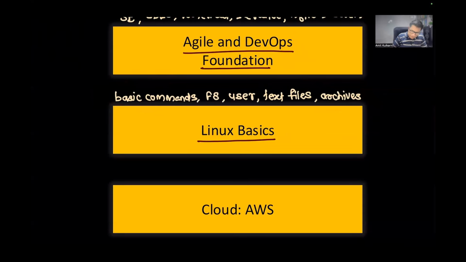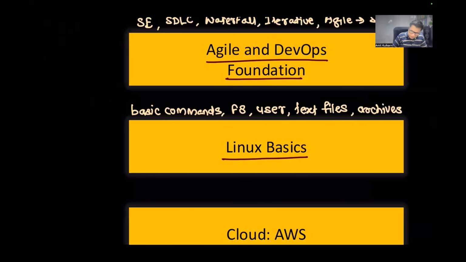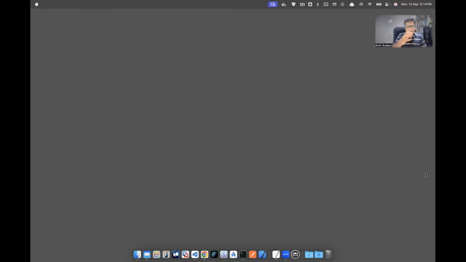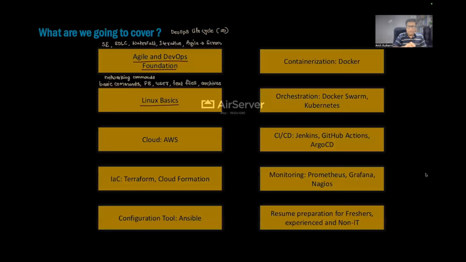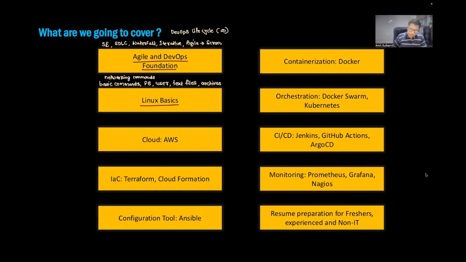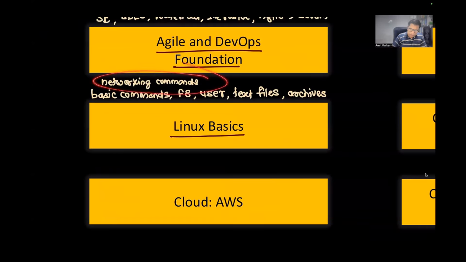Yes, another important point, and I can't forget that, is networking. How networking commands are managed inside Linux, like setting an IP address, using SSH to connect to a remote machine, working with the remote shell, or SCP, used to transfer data from one machine to another. All the networking related commands and other stuff we will be talking about here in the Linux part. This is important for us because without these networking commands, you will not be able to work with the cloud. So this is what we'll be talking about inside the Linux basics.